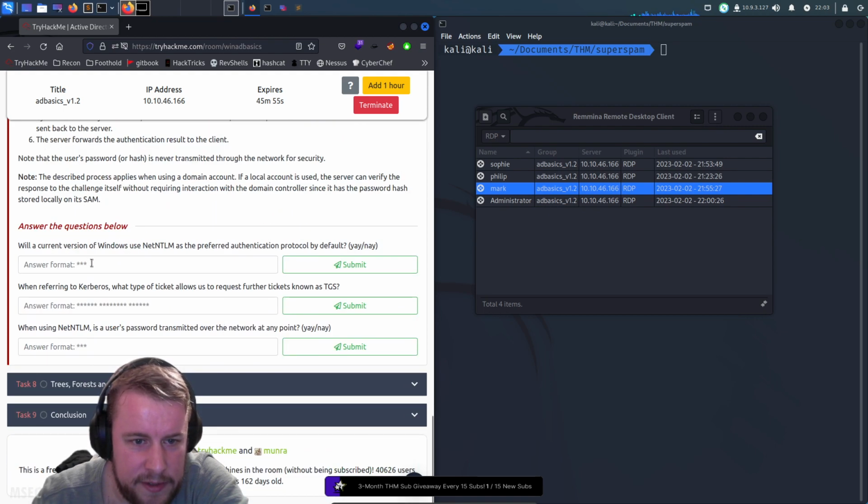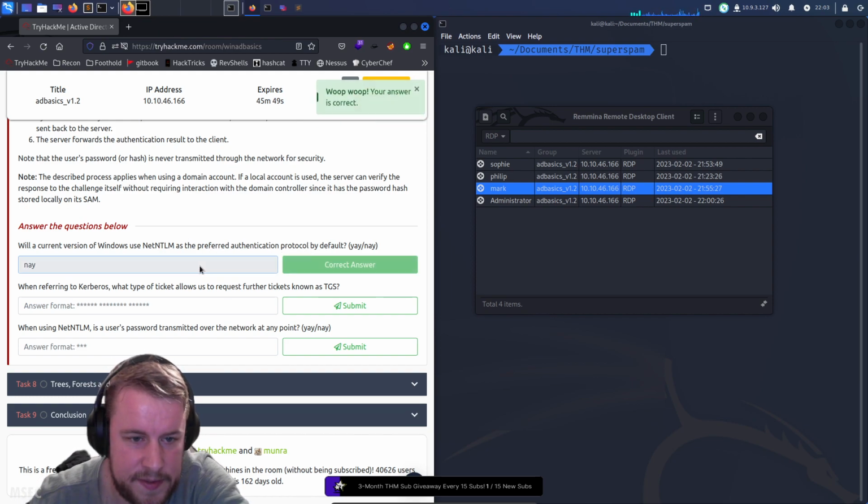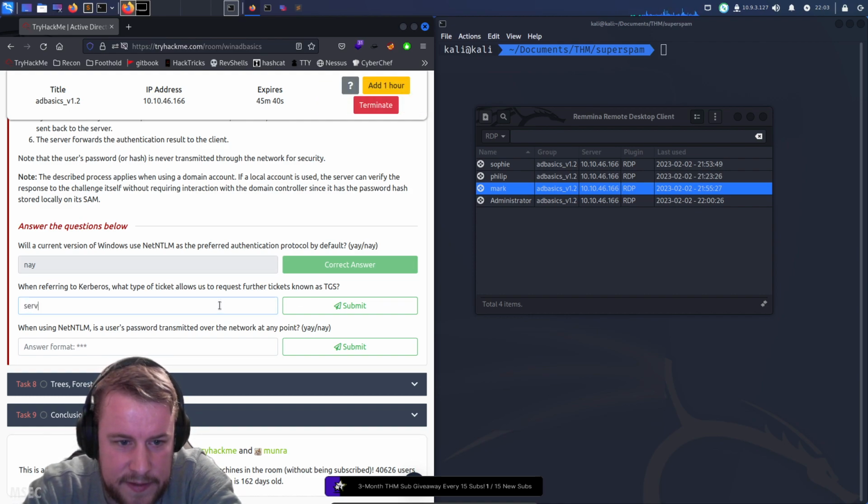So will a current version of Windows use NetNTLM as the preferred authentication mechanism? Nay, that's Kerberos. When referring to Kerberos, what type of ticket allows us to request further tickets known as the TGS? That is the server